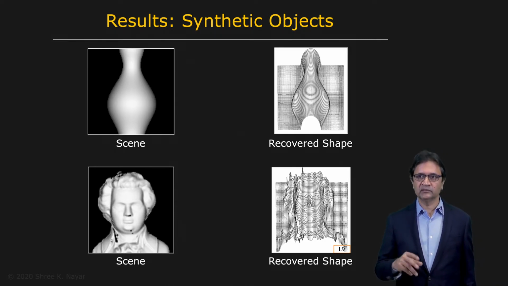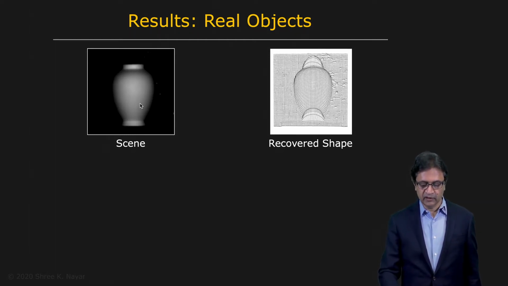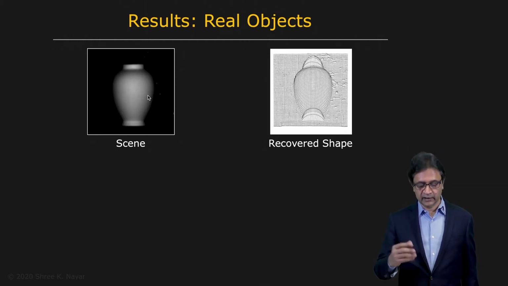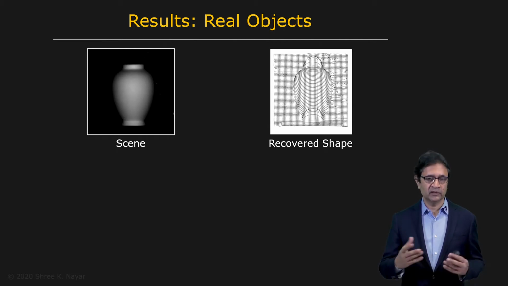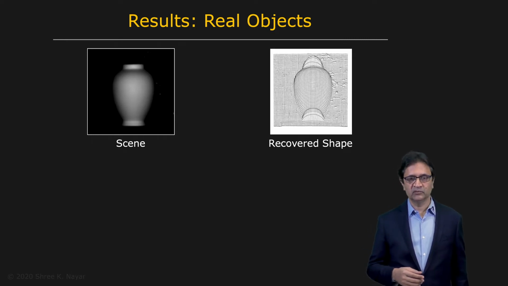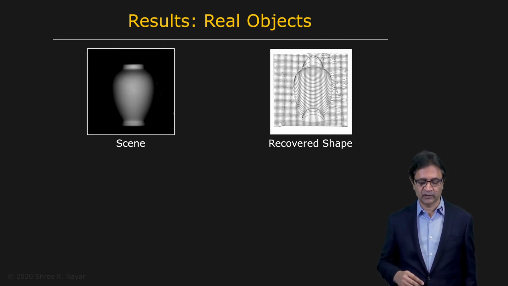Now let's take a look at some real examples, real images. So here is a real image of a scene, and I would say that you get a very nice reconstruction. This is, again, with the known source direction and the Lambertian assumption. You get a reconstruction that looks pretty good. By the way, the reflectance doesn't have to be Lambertian. It can be some other reflectance function as long as you know it. Now, of course, this doesn't work at all for highly specular objects, mirrors, say, for instance. You're not going to get shading of the type that we're talking about here.